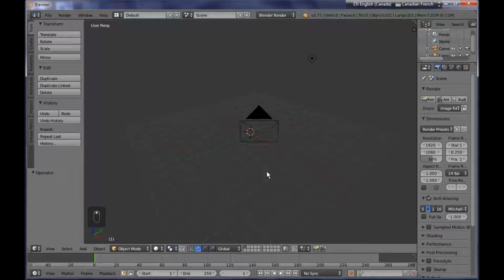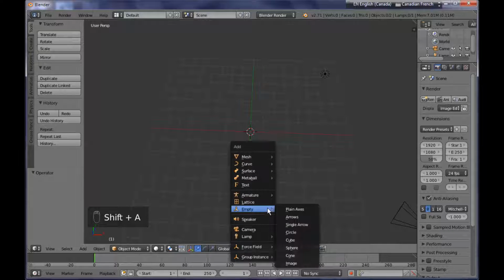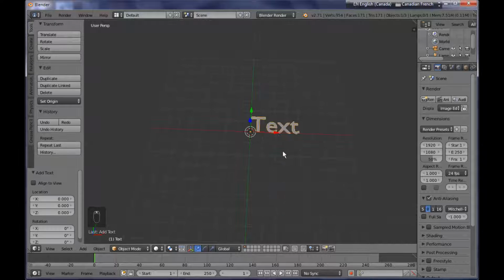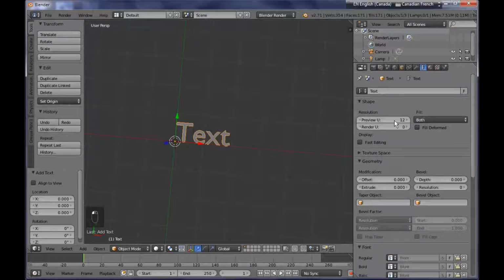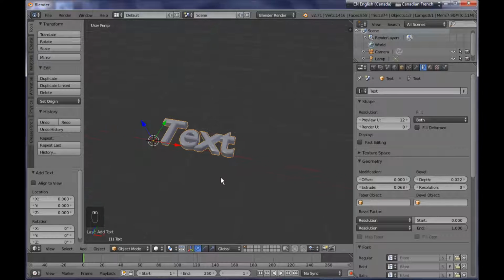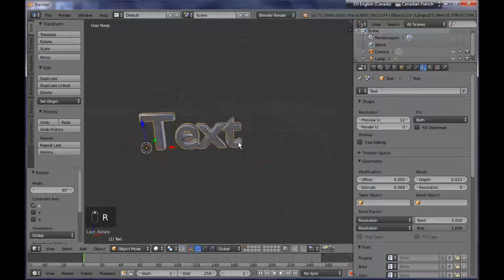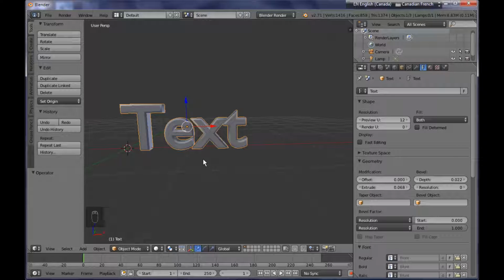So let's start by adding a text object. I'm clicking Shift A and I'm adding a text object here. You can see it. Now I want to go over here to the properties panel and click on this little F letter icon to get to the properties for this text object. I want to add some extrude to this object, something like so, and some depth as well. Alright, something like so. So now I want to rotate my object along the x-axis by 90 degrees. I'm now going to place the cursor to the selection,